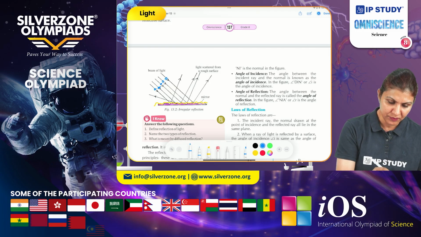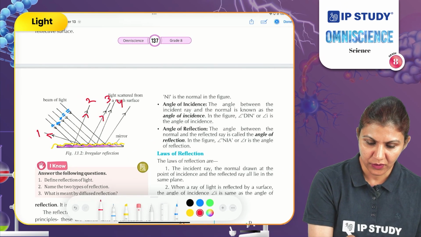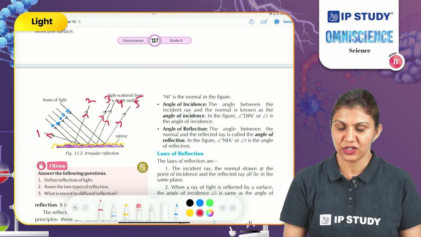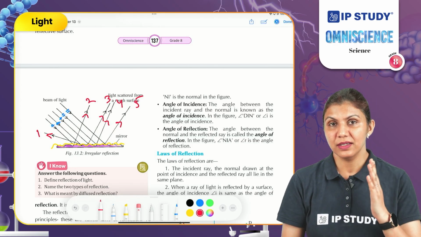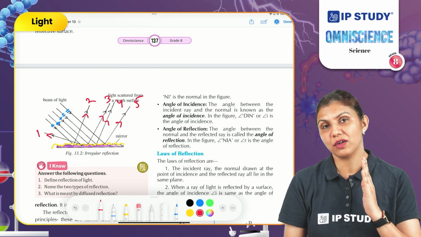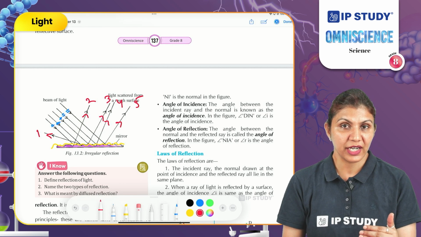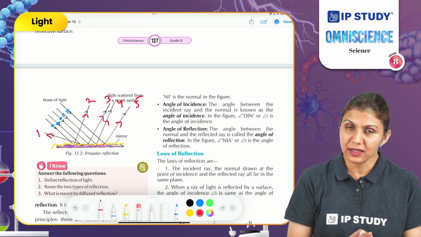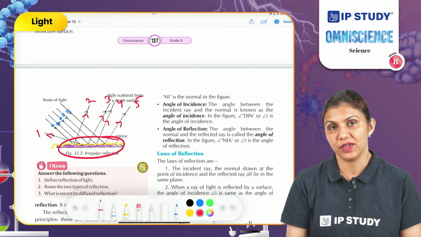So if you notice here, after the reflection, we can see light ray 1, 2, 3, 4 and 5. These all are scattered in different directions. So here we can say that after reflection from a rough surface, light rays move on a straight path, but they do not remain parallel to each other. And in this case, you might not see any glare on the surface.